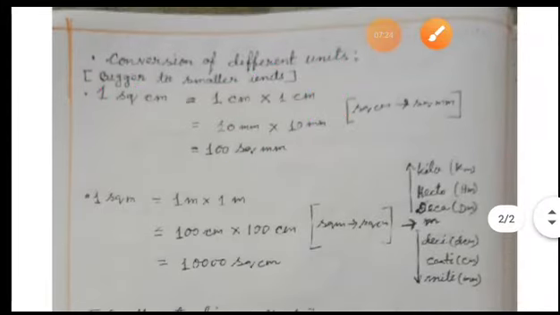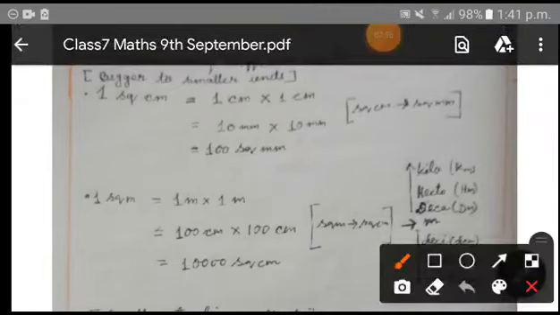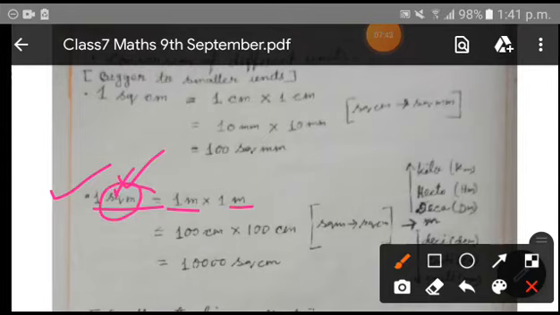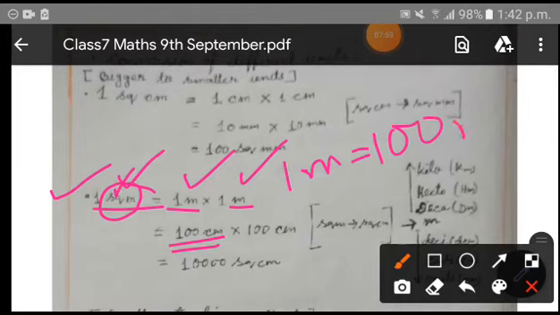Next, we are going to establish the relationship between 1 square meter and square centimeter. Here you have square meter, that means you will multiply 1 meter into 1 meter, because square means twice, to the power 2. Now you know that 1 meter means 100 centimeter, because it is moving 2 steps from left to right.